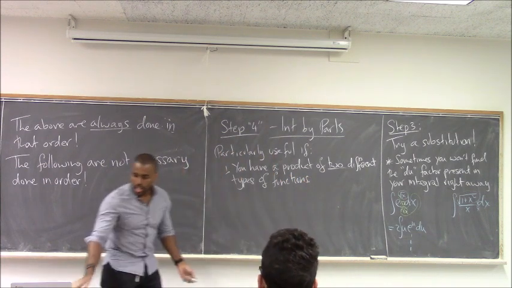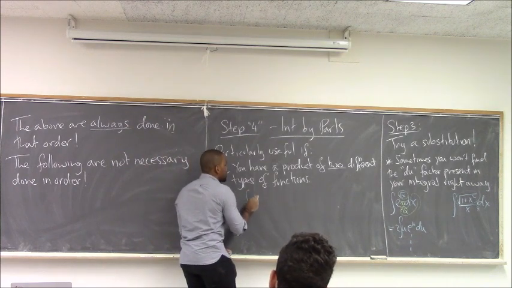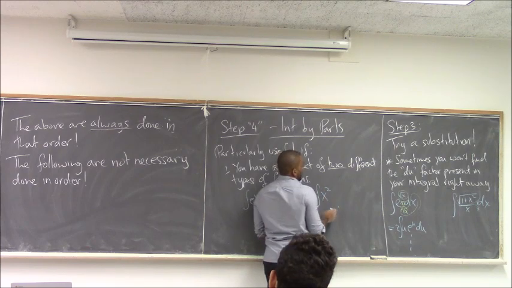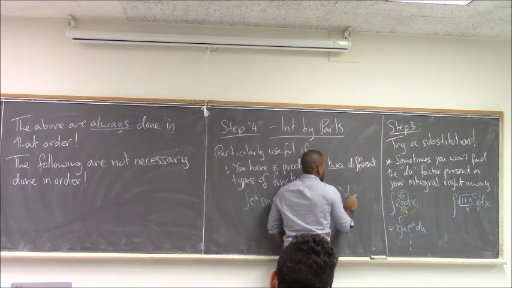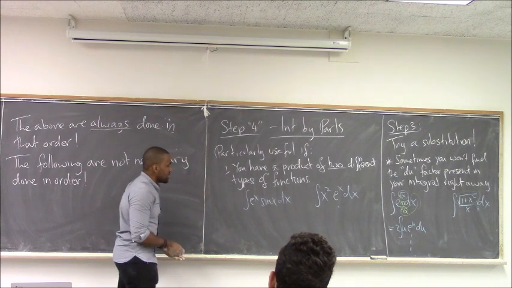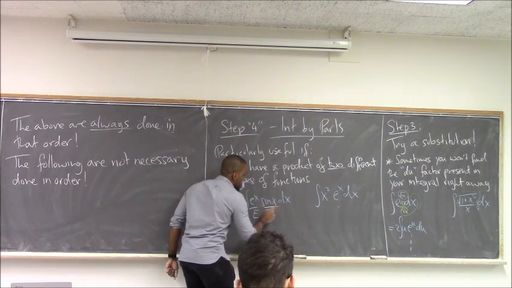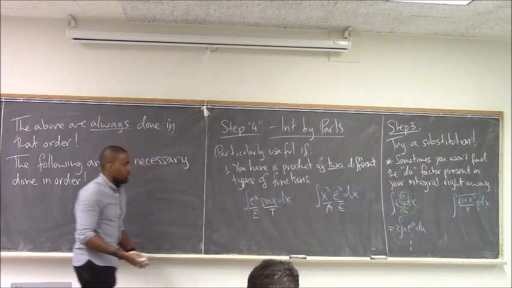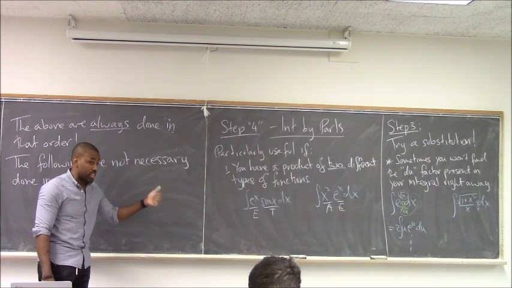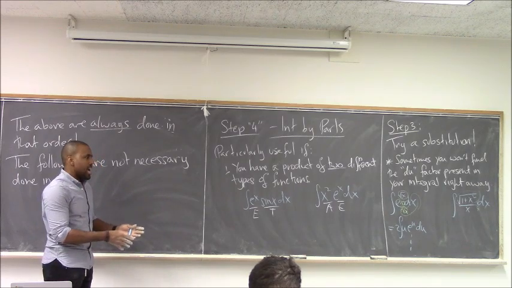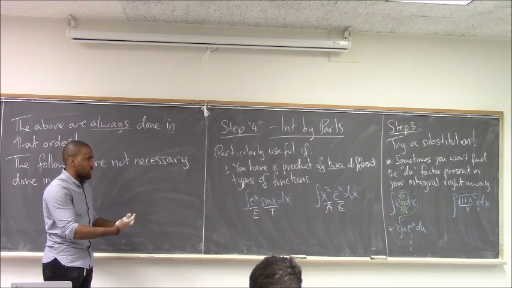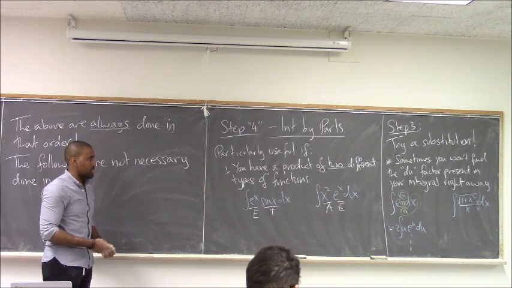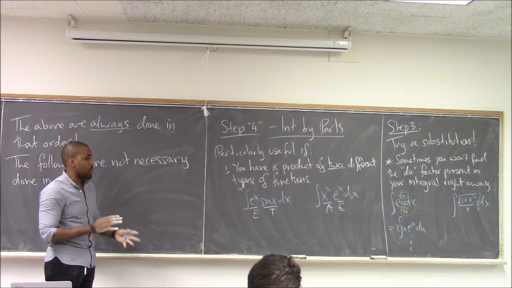Okay, so you're looking at an integral and you realize, oh, it's an exponential times a trig function. Or it's a polynomial times an exponential. Or, right, you have two different types of functions. You have an e and a t. Or you have an a and an e, right? Once you're looking at an integral, you already tried step 1, 2, and 3 and it's not working out. But you notice, hey, there are two different types of functions here multiplying each other. Integration by parts might be a good thing to try. That's one of the things that would indicate to you, hey, integration by parts might be a technique I want